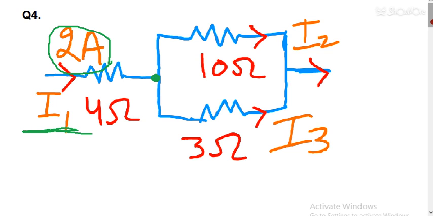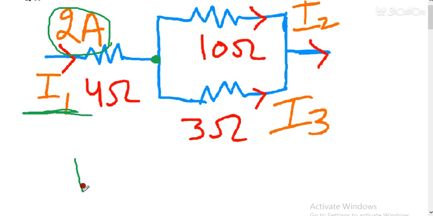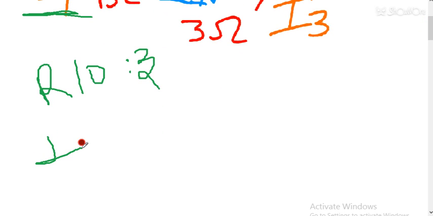Students, here you can see resistance ratio is 10 ratio 3. I said if two resistances are there, then you can simply take the inverse of that. You can follow the other method also that I told you. Current is equal to 1 by 10, 1 by 10 and 1 by 3. You can follow this method also, but it will be more difficult for you.